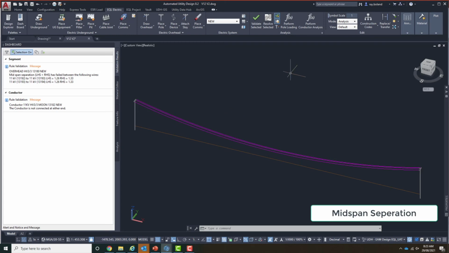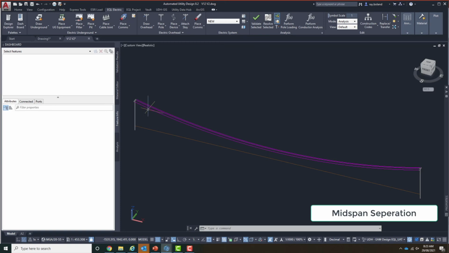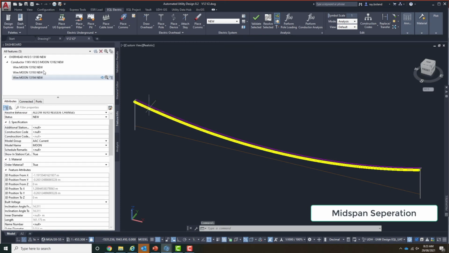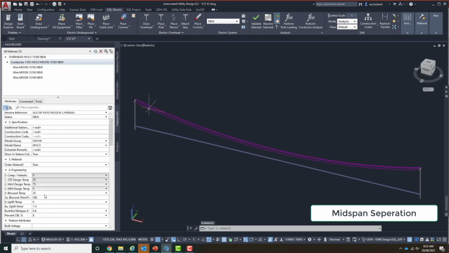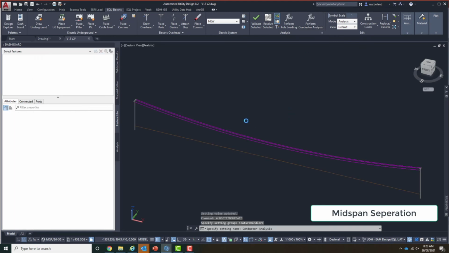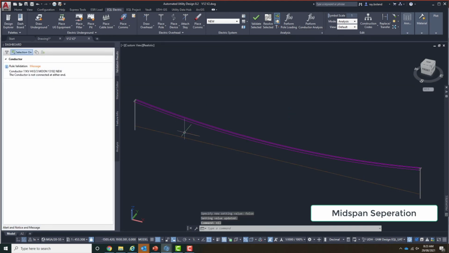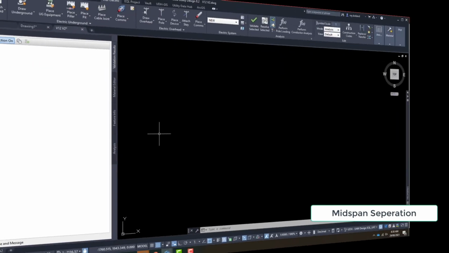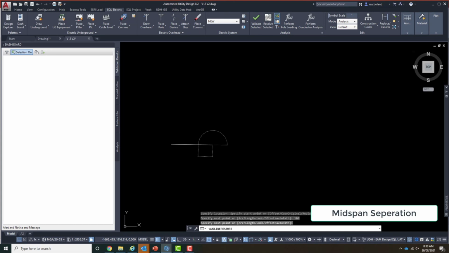If I now go and increase the tension, or increase the CBL, I should say, I can clear my mid-span separation issue and also my ground clearance issue. This conductor has now passed. I'm not exceeding any maximum tension issues. I'm right to go. So that covers off on